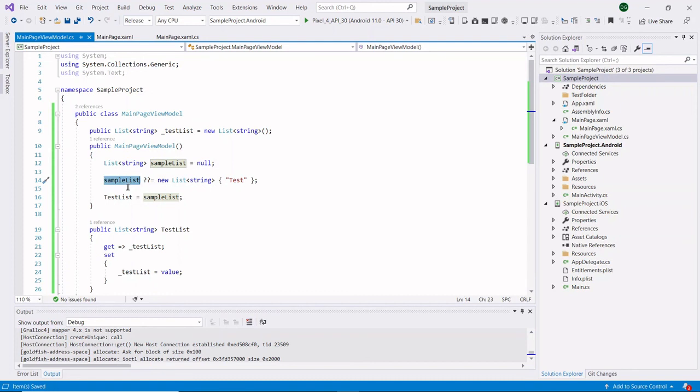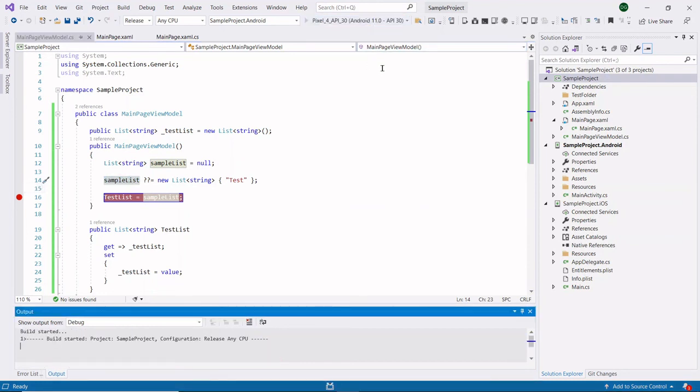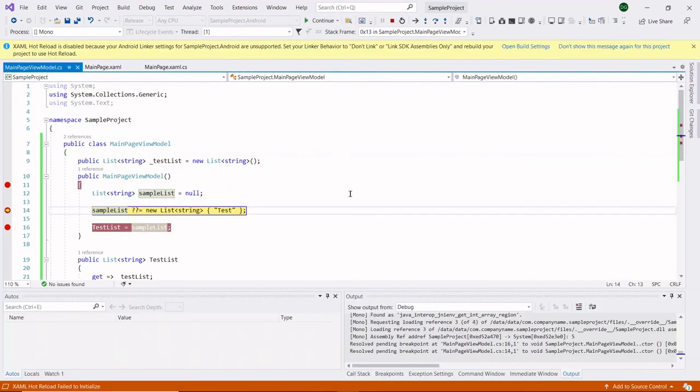Now I will run the application. I will show you how the data will come. Here you can see that we are assigning the sample list view a null value, but we are checking whether our sample list view is null or not.